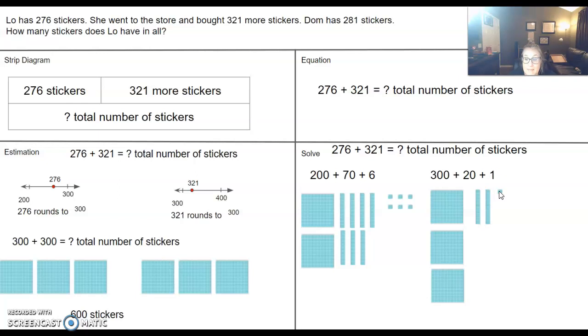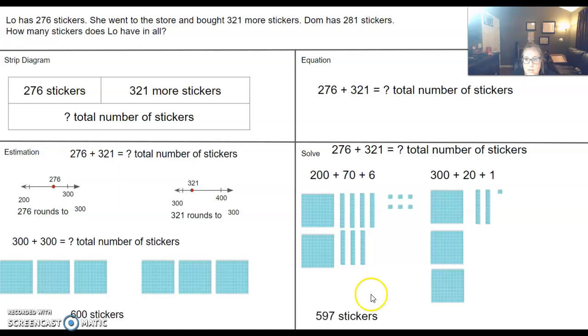Now I'm going to add these together. So I'm going to start at my ones place. So I have 1, 2, 3, 4, 5, 6, 7. So I have 7 ones. Then I'm going to go to my tens place. So I have 10, 20, 30, 40, 50, 60, 70, 80, 90. And finally, I'm going to count my hundreds. 100, 200, 300, 400, 500. So whenever I put all of those together, I get a total of